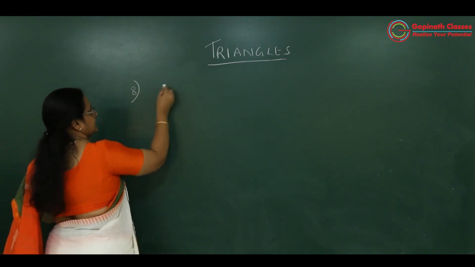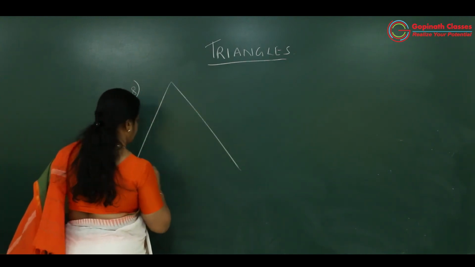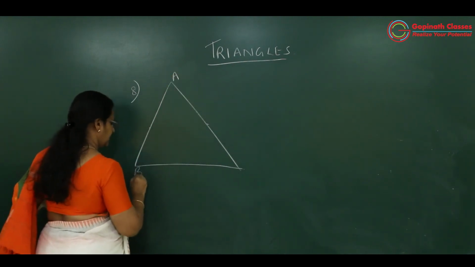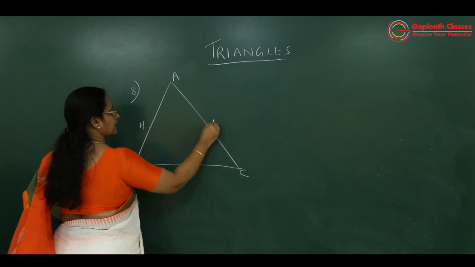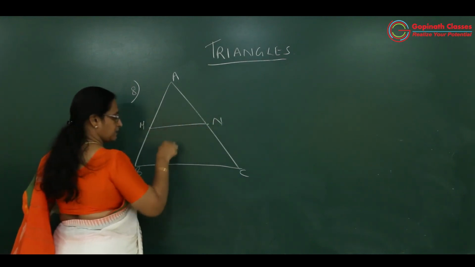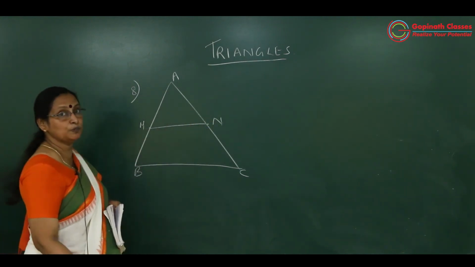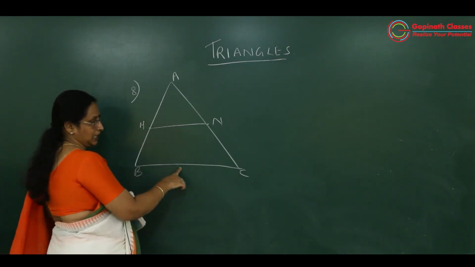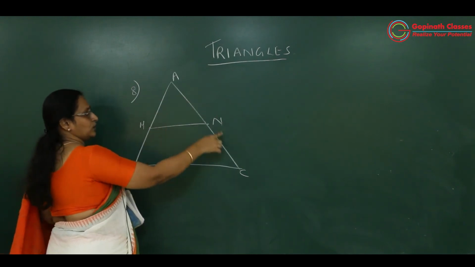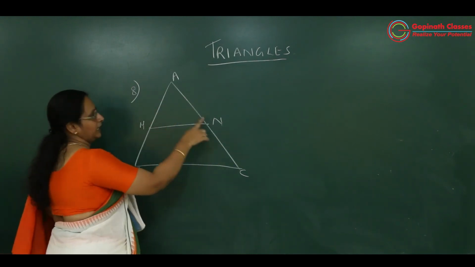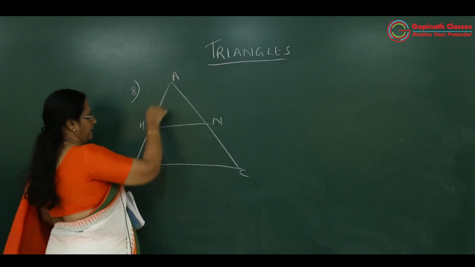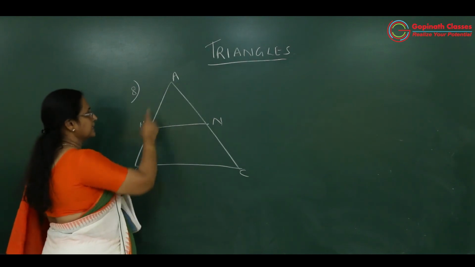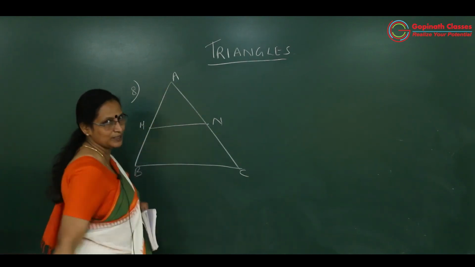See, very simple. This is a triangle. Midpoint, this is the midpoint theorem which you have studied in 9th standard. ABC, M and N. If you join two midpoints, it will be parallel. You have studied it. But how to prove it using BPT's converse? हमें प्रूव करना है ये दोनों पैरेलल है, मतलब this upon this should be equal to this upon this. ये भी मिड पॉइंट है, ये भी मिड पॉइंट है. So AM by MB is 1, AN by NC is 1, 1 equal to 1. So AM by MB is equal to AN by NC. Therefore MN is parallel to BC. This is the thing.